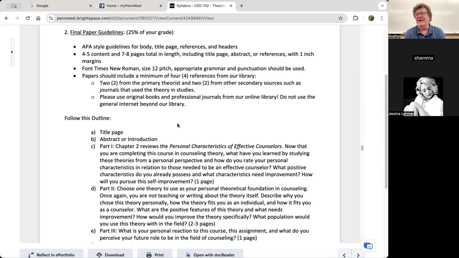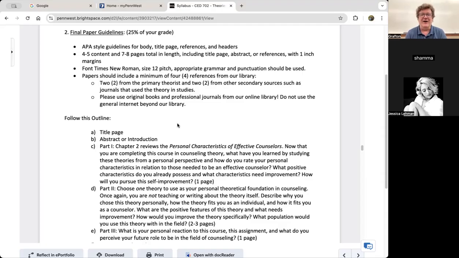So here's the thing. In APA style, you can count the title page as page one. You can count the reference pages. If you have an abstract, you can count the abstract. So that's 3 pages right there. So the way I add up how many pages it has to be is 4 to 5 content pages and 7 to 8 pages total.